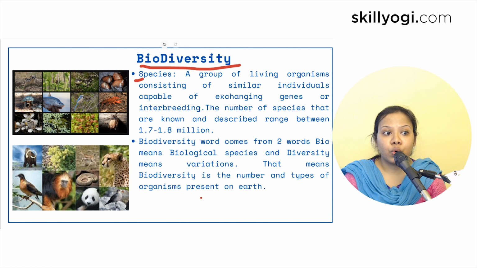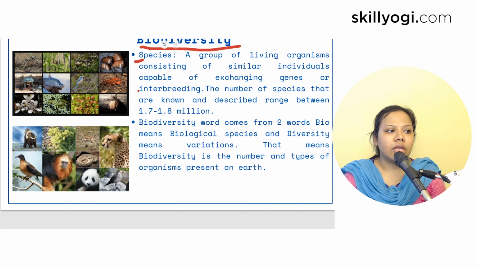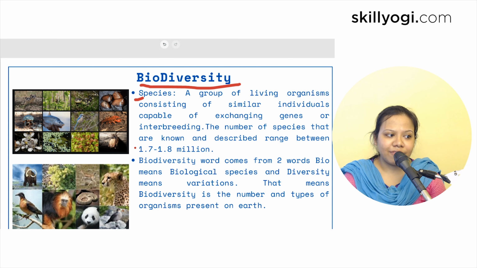A species is a group of living organisms consisting of similar individuals capable of exchanging genes and interbreeding. What is that? It means a group of individuals that possess the same genes, the same characteristics, and are capable of reproducing. This is known as a species. They also exchange their genes. Snails are a species, elephants are a species, fish are a species, birds